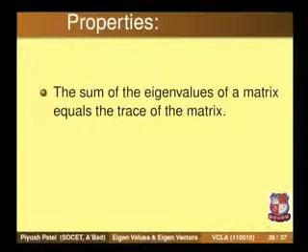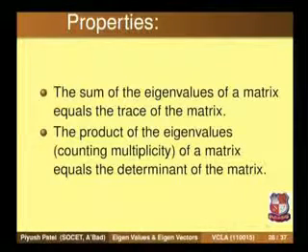That is, if you are given a matrix, then the sum of the eigenvalues is the same as the trace of the matrix, that is the sum of the entries on the main diagonal. So the sum of the eigenvalues is the same as the sum of the entries on the main diagonal. You can use this to verify whether your eigenvalues are right or wrong. Then the second property says that the product of the eigenvalues is related to the determinant,